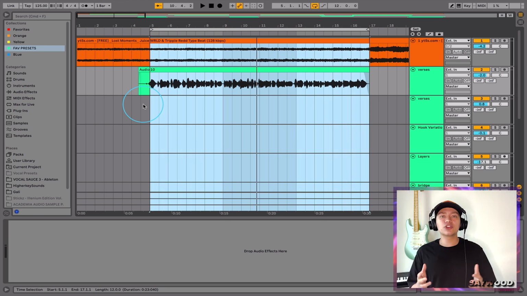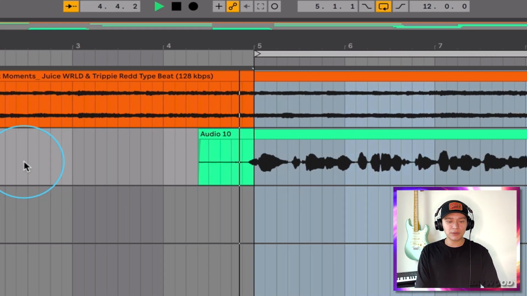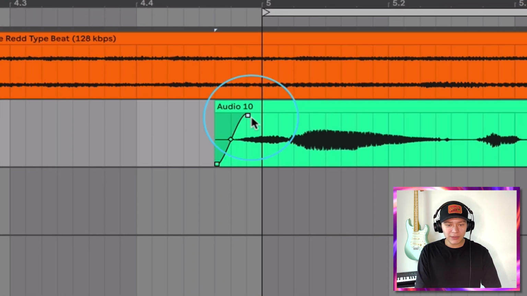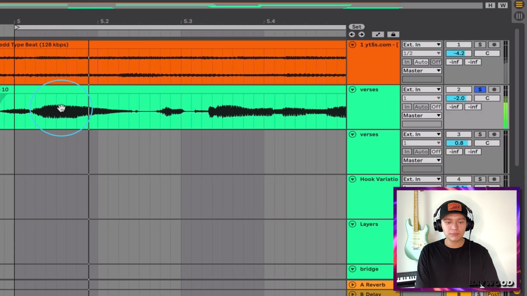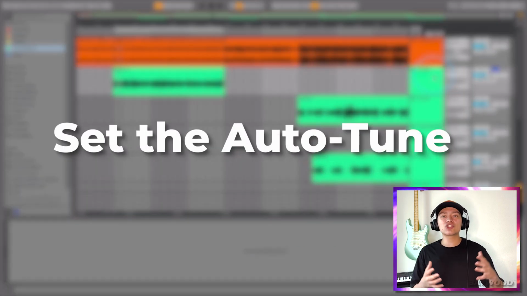So the first thing we want to do is kind of clean up the vocal, right? So I noticed in the beginning when we solo it, so right there. So you want to get rid of that little noise and then fade in. And then next we want to set the auto-tune to make sure the vocal is in